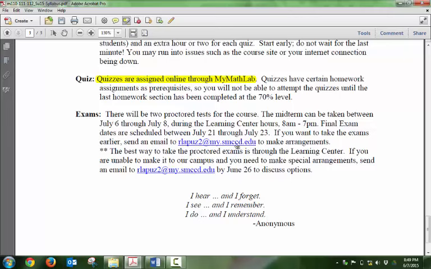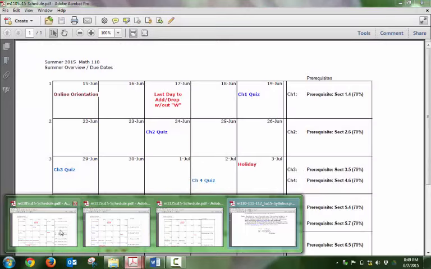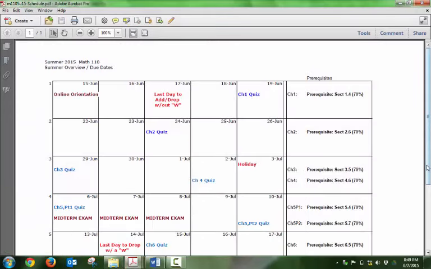And again, if you have special needs or if you need to make special arrangements, send me an email well before taking the exam. Alright, so that is the quick rundown on the syllabus. Let us take a look at the schedules for